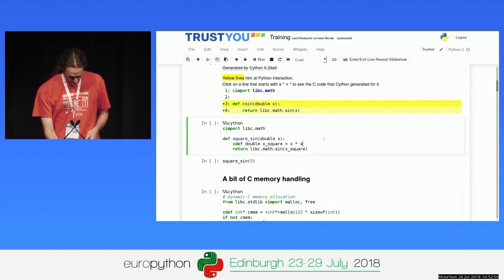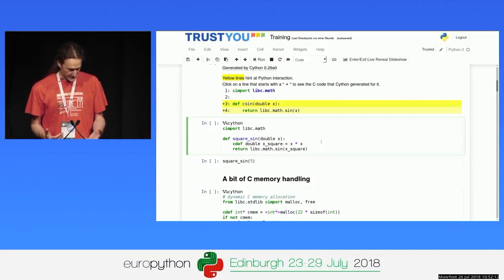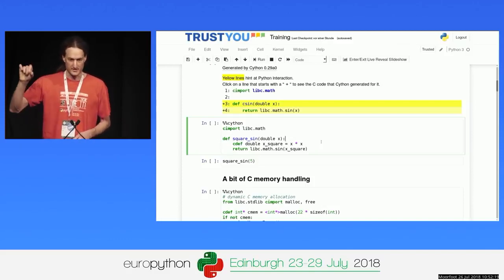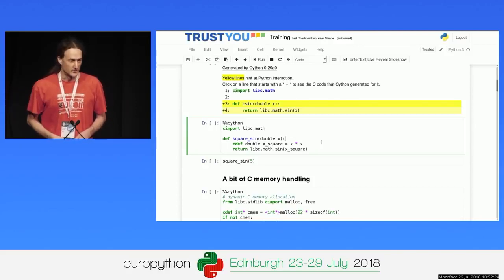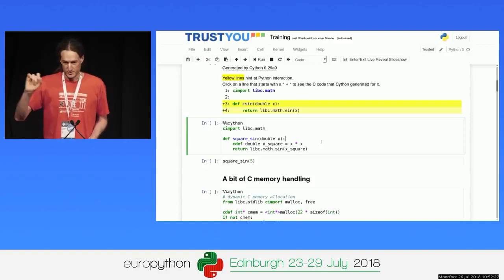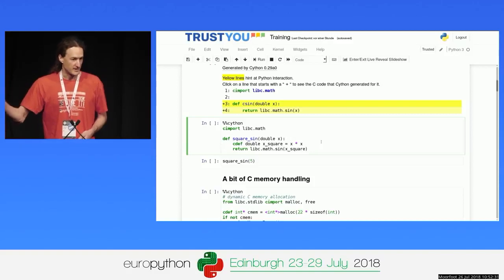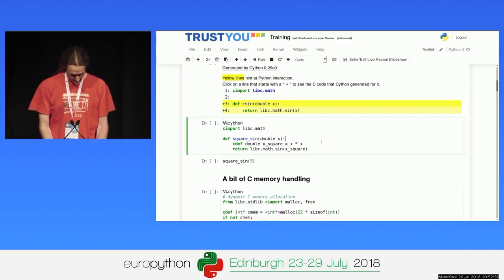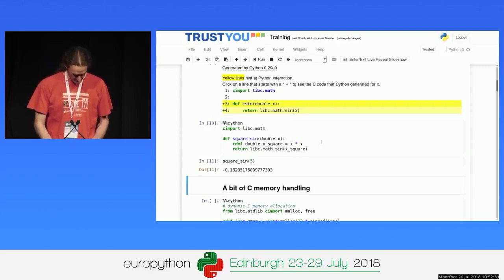Okay. Simple example here. Instead of just calling the sine function, I call sine of x squared, right? I could do that in Python. I could use my wrapped sine function, do x squared, pass it into the sine function, and then it would calculate the sine of that. But doing that in C is just much faster, right? I push down the x, it calculates x squared, sine of x squared, and then passes back that result. Much faster than doing half of that in Python. I can do that here, and it runs.